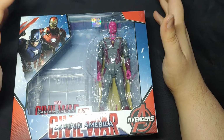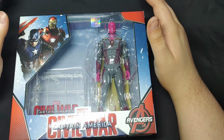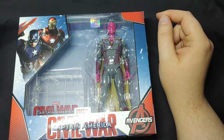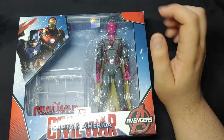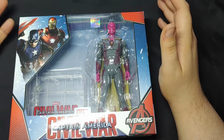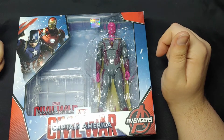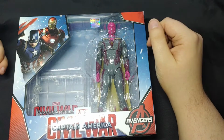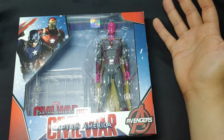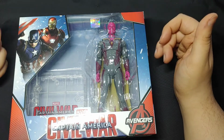Figure. Now, I have since the previous video done a little bit of research on ZD Toys and learned a lot more about what they do. Apparently they are the official or an official producer, not necessarily distributor, of action figures officially licensed by Disney and Marvel. So these are not knockoffs or bootlegs; these are legitimate, which surprised me a little bit because, well,